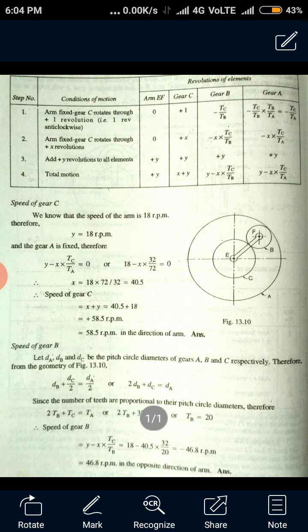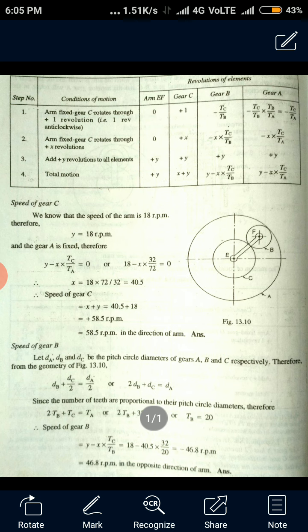If you see the sketch carefully, gear A is an internal gear, and we have gear B and gear C. Gear B and gear C are carried by the arm EF, and the third point says gear B meshes with both C as well as A. He is asking us to find the speed of gear B as well as the speed of gear C. He has given the number of teeth for C and A, so we don't know the number of teeth for B.